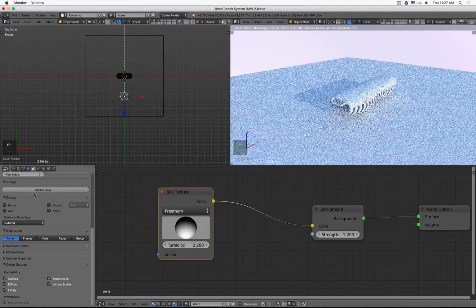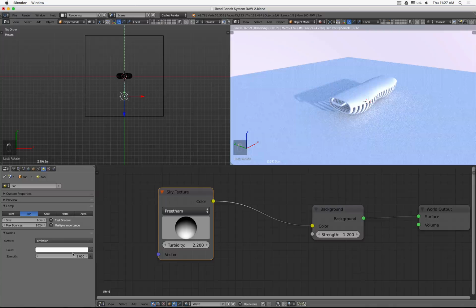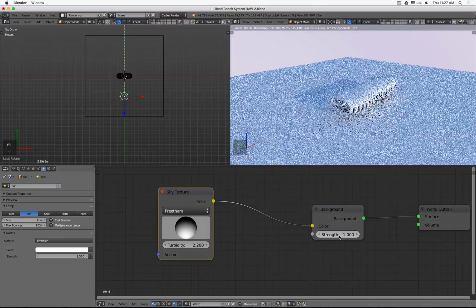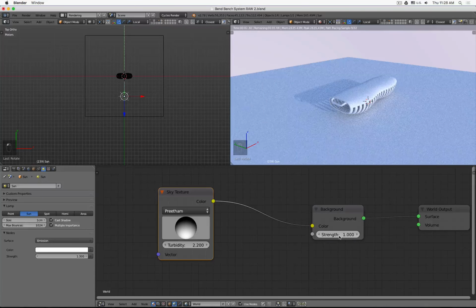So we have to be mindful of the strength of the sun we give and how much power, for example, we give the background. So there we can play there and there. Now you see the shadow pops out a little bit more. 1.3. Yeah. Make it a little bit brighter. Okay,